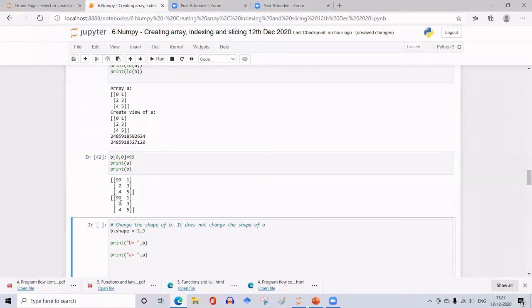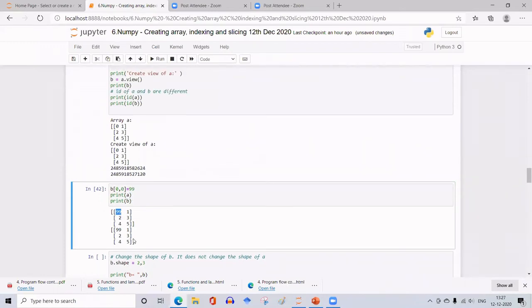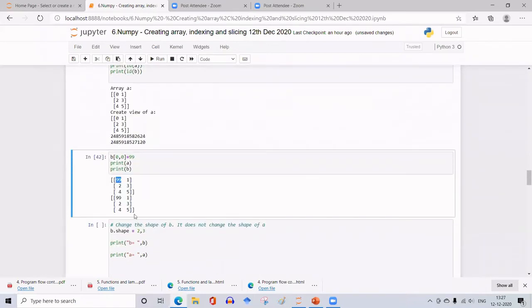Even though I have changed it in only the B array, the change has been reflected into the array A also. Array A also has the change in its element 0, 0. So view has this facility. Even though they are different, you can make a change and that is reflected into the other. That is why it's called a shallow copy.